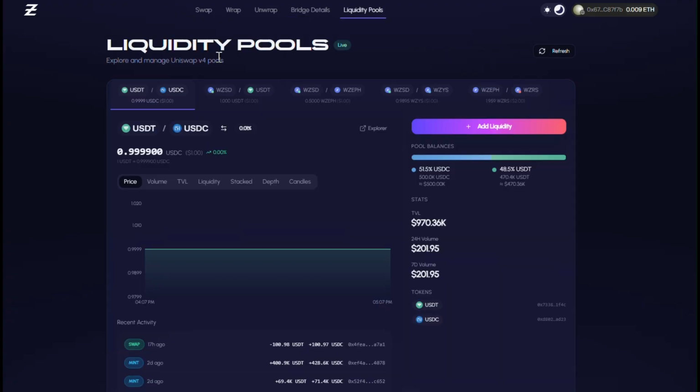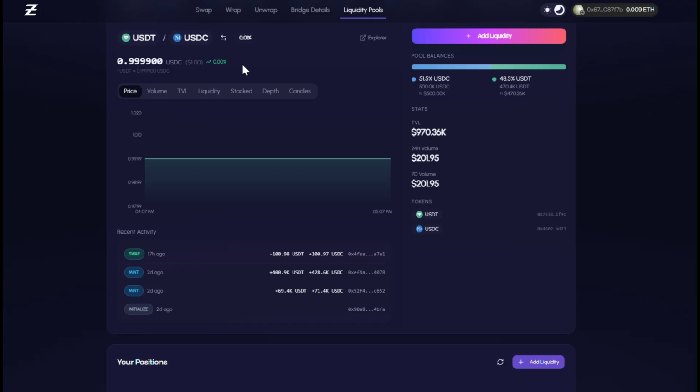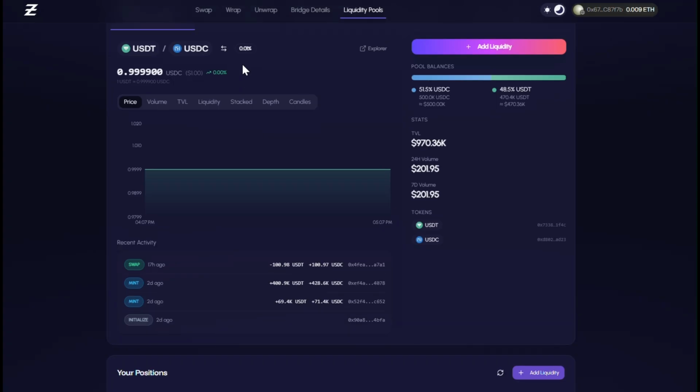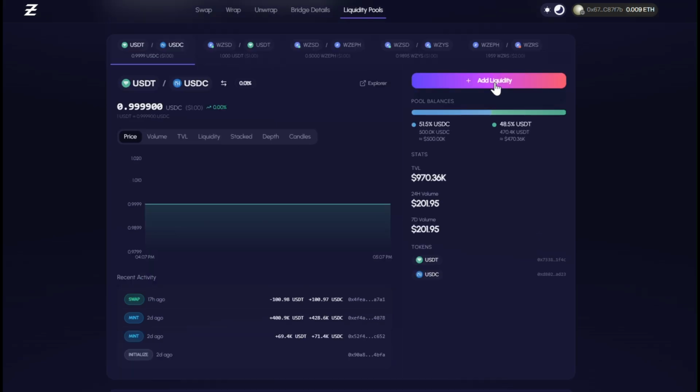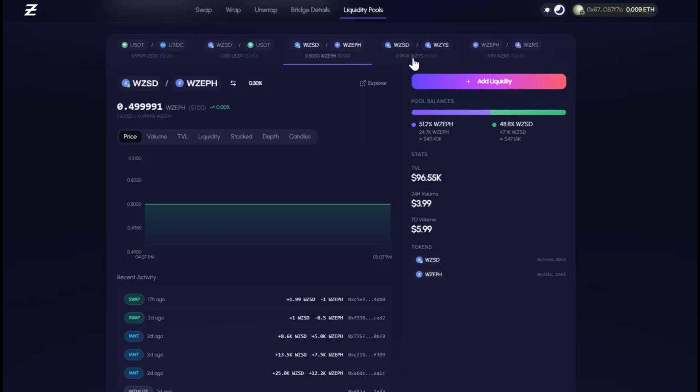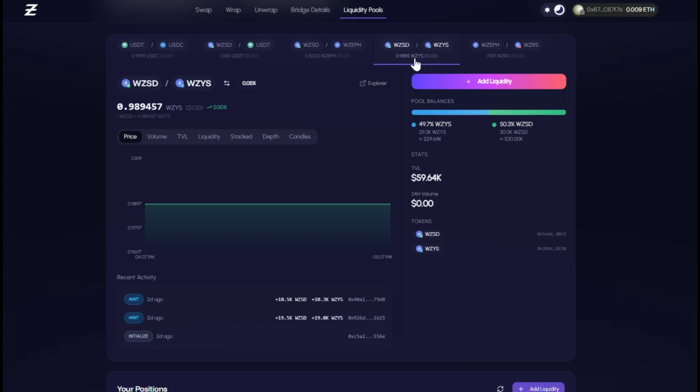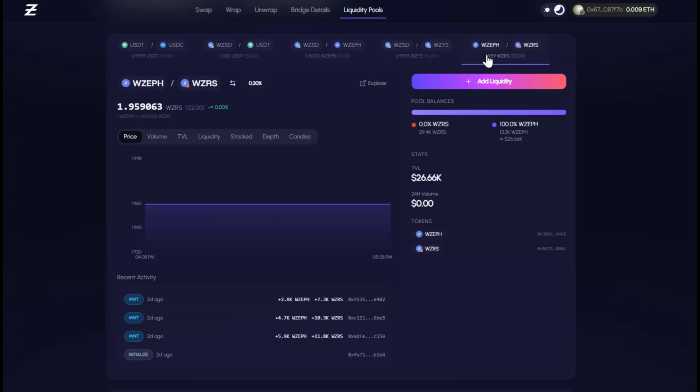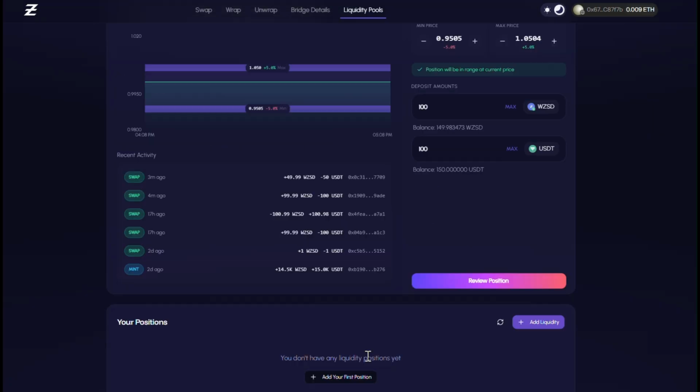Because this is on Uniswap V4, you'll be able to be a liquidity provider if you want. So if you have some ZEPH and you want to wrap it, you can go ahead and bridge that over and wrap them into the ERC20 versions. And then you can add that liquidity to the liquidity pools. And you can go ahead and earn fees by providing liquidity. And you'll be able to do this on this very easy to use front end that the Zephyr dev team has built out. In the mainnet, you'll be able to add positions and then monitor the fees that you're collecting